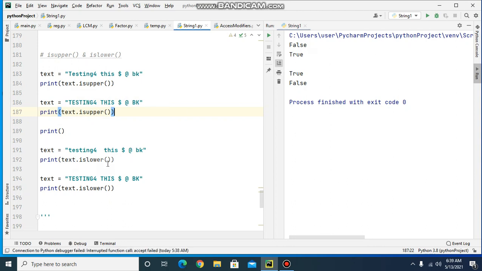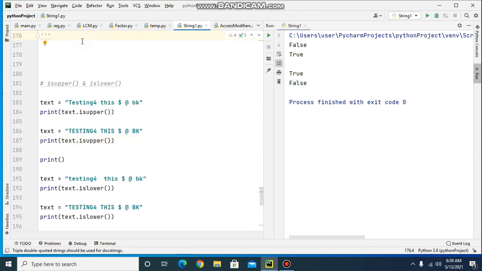Islower is true here because all the alphabets are in lowercase. Islower is false here because characters are in uppercase. Here the numbers and special characters will make no difference.